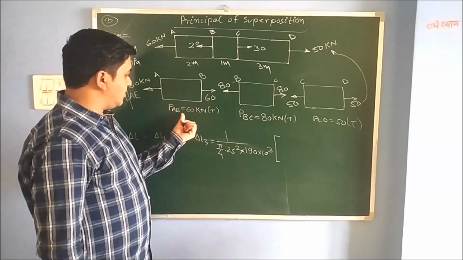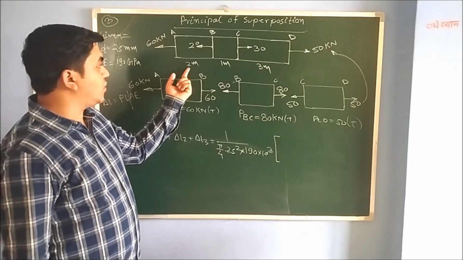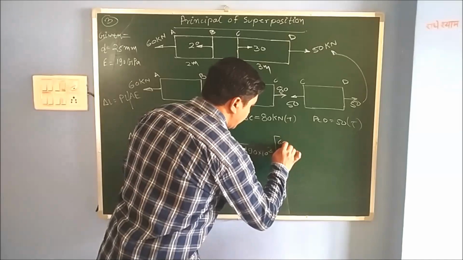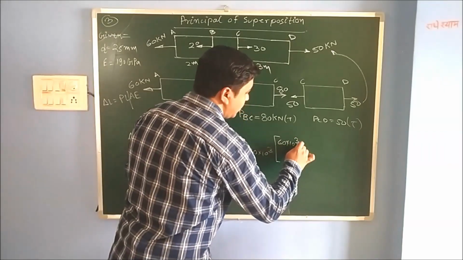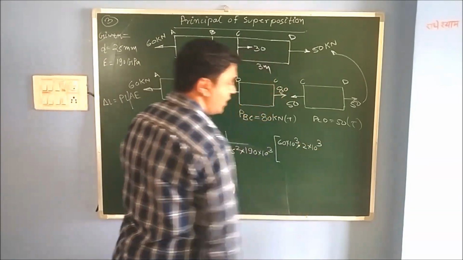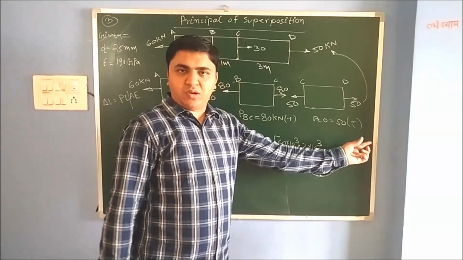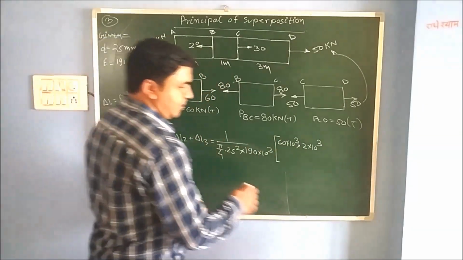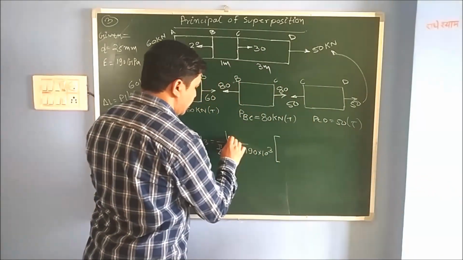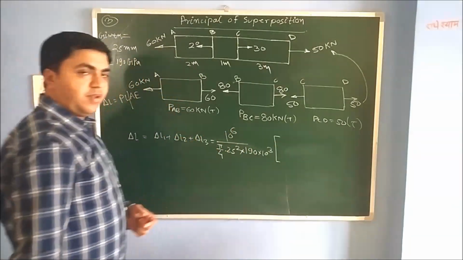So length here is what? Sorry, load is 60 and length is 2 meter. Remember, meter should be converted into mm. So 60 into 10 raised to power 3 multiplied by 2 meters, so 2 is multiplied by 10 raised to power 3. So this thing, 10 raised to power 3 multiplied by 10 raised to 3, is same for all. So we can take that also common. So it will be 10 raised to power 3 multiplied by 10 raised to power 3. So 10 raised to power 6 we will have.